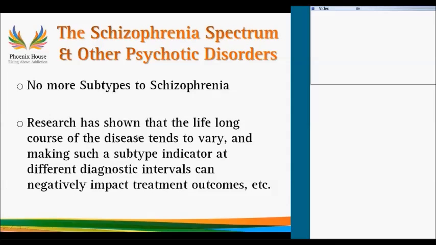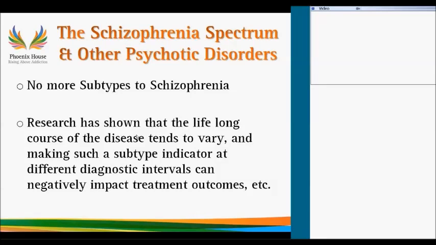brief psychotic disorder is still diagnosed based on time and duration. So in other words, brief psychotic disorder is still applicable for people experiencing a symptom of psychosis under 30 days. And schizophreniform is that duration of over 30 days, less than 6 months, and then meeting criteria for schizophrenia requires 6 months. Okay, all of that is the same. However, once we get to schizophrenia, the big change is that there are no more subtypes applied to schizophrenia.